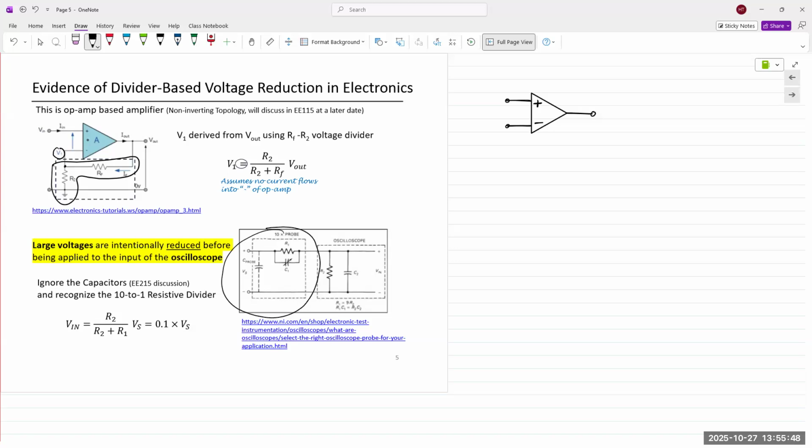And hence, that probe has a symbol called 10x on it. How many of you recall that? Have you used oscilloscopes in the lab? Right? So if you use a regular probe, the regular probe is simply 1:1, does not have any multiplication factor